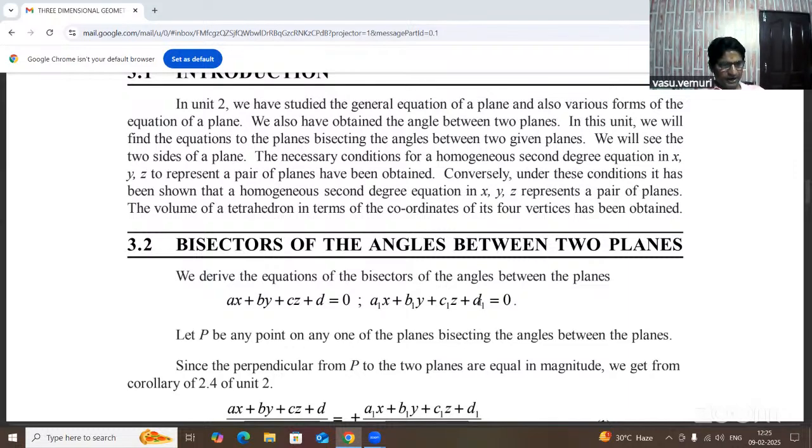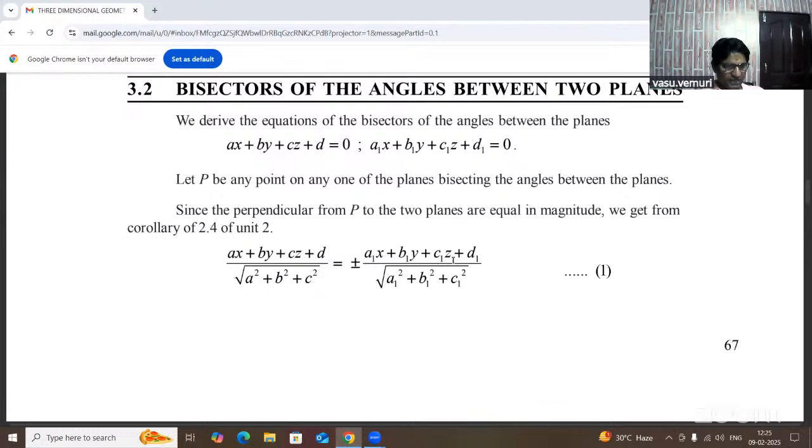Let P be any point on the bisecting plane. Since the perpendiculars from P to the two planes are equal in magnitude,